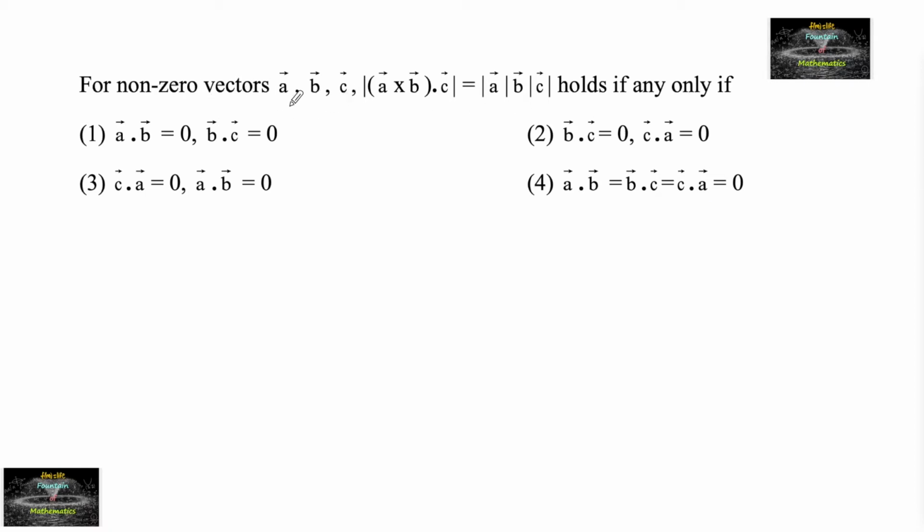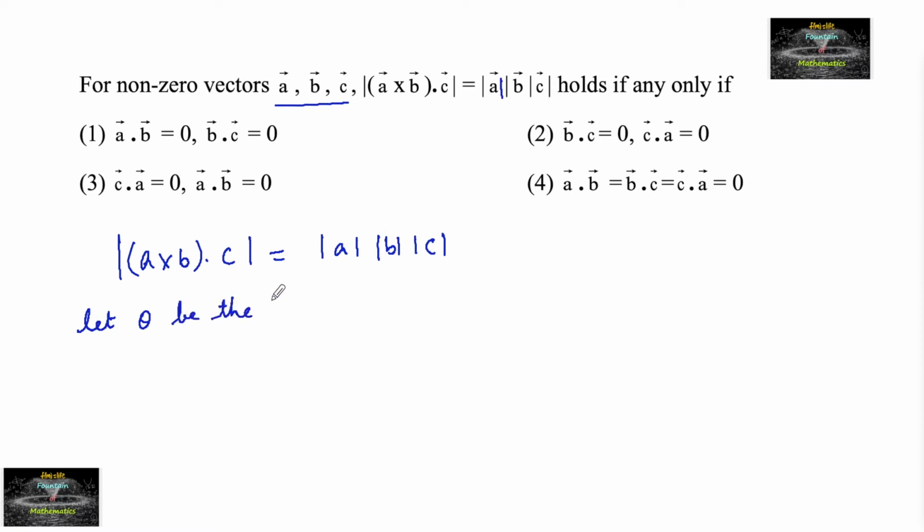For non-zero vectors a, b and c, |a × b · c| = |a||b||c| holds if and only if... So let theta be the angle between vectors a and b,